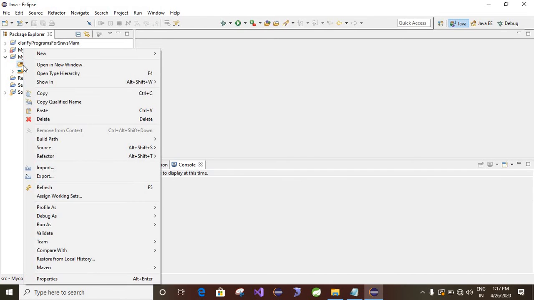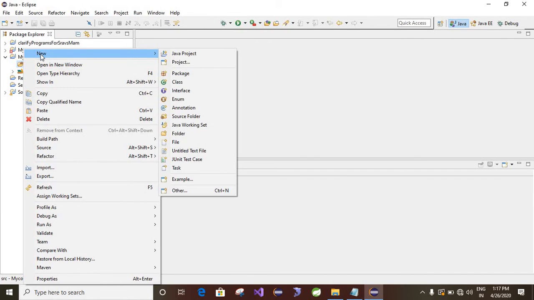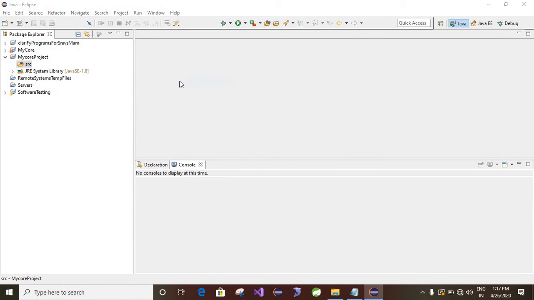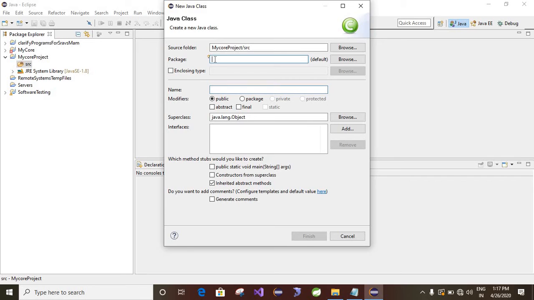Then go to src, go to new, then directly click on the class option. Here we can give the package name com.app.mycore, or whatever you want to give as the package name. Then give the class name, MyTest1, whatever.